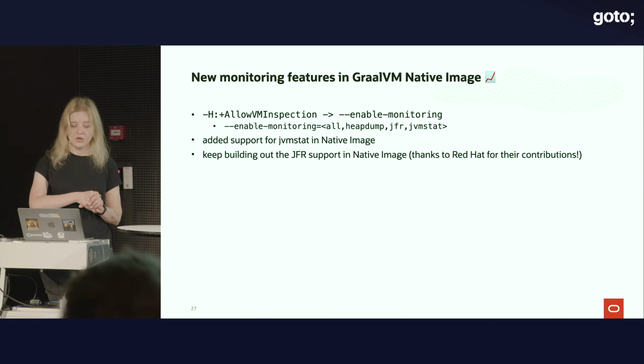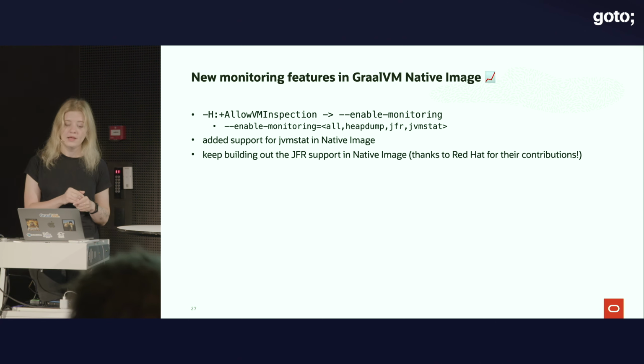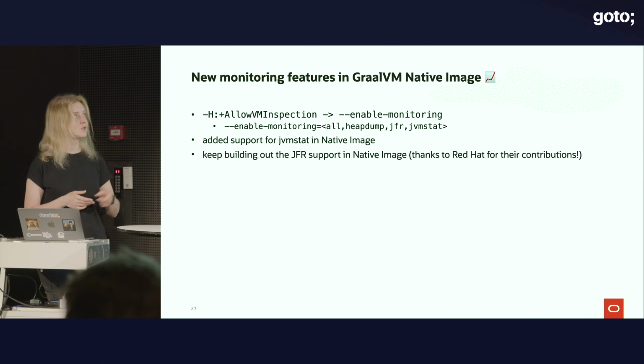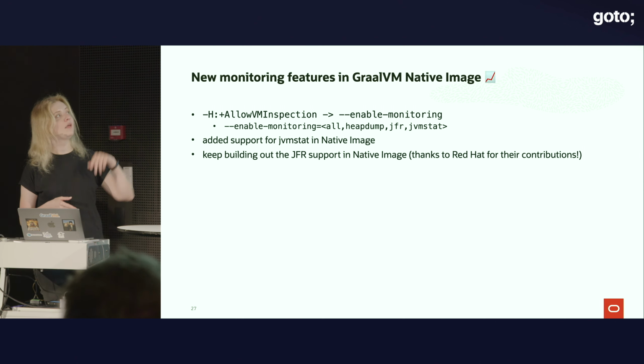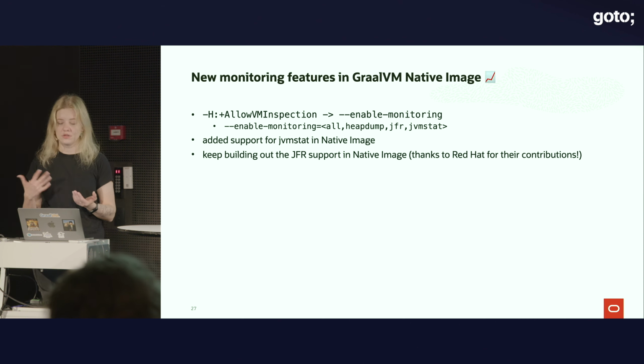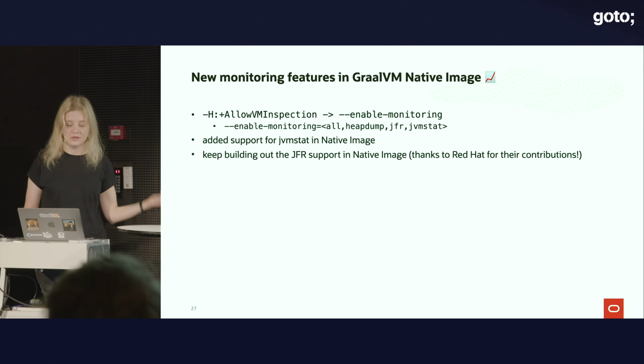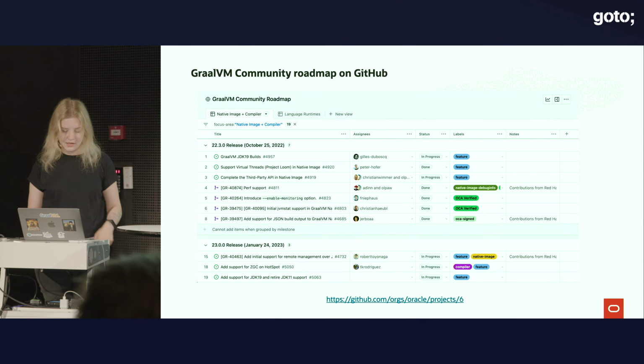And also, we are working with the community to enable JFR support. It's just that if you want to use any of those with native image, you would need to pass this one flag either on command line or in your build file to tell native image to build an executable that has those monitoring features included. But we are working to build this out, and we'll have some more releases in some new features in this new release in June. And if you want to see what else we are working on, as an open source